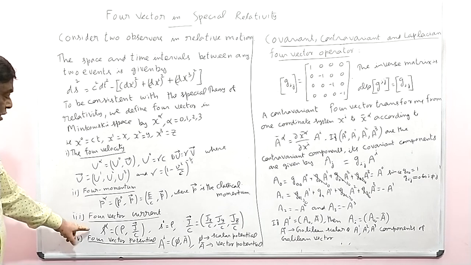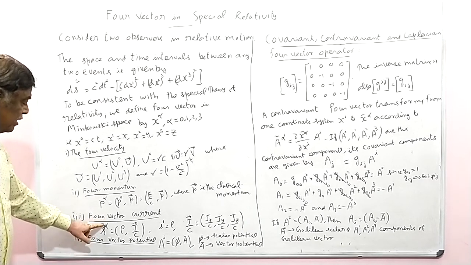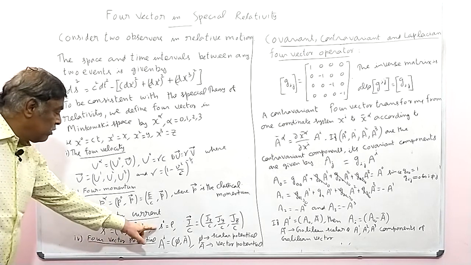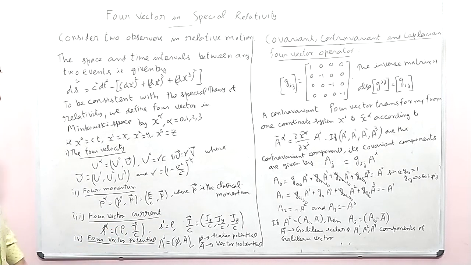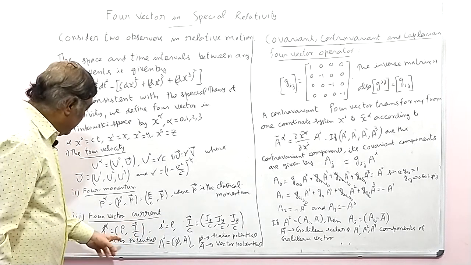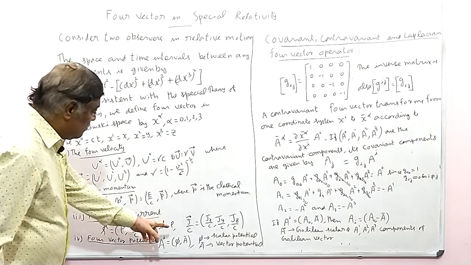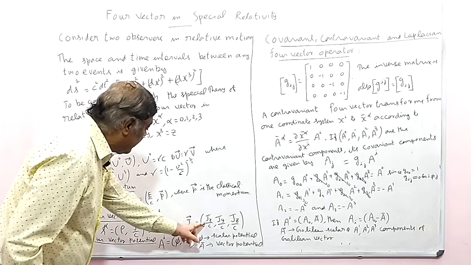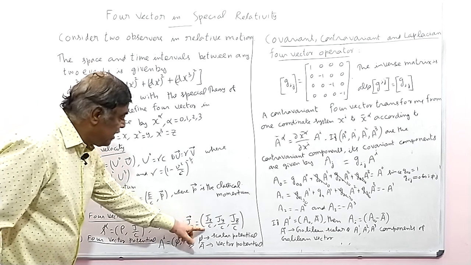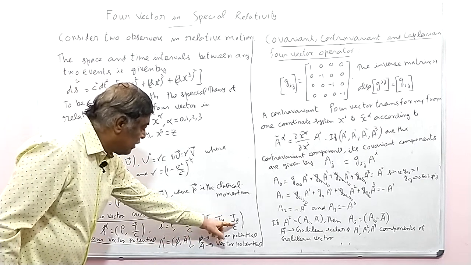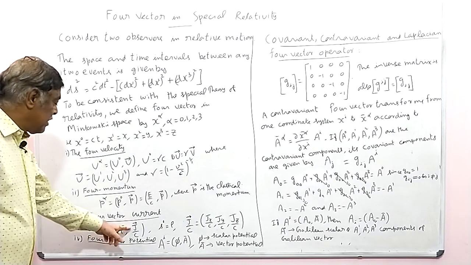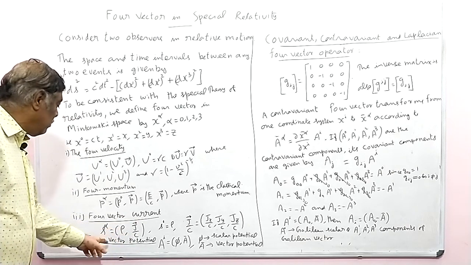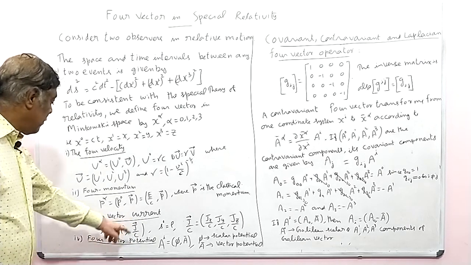The four vector current is expressed by S superscript alpha. If you put alpha is equal to 0, S0 is equal to rho. Rho is called the charge density. Then S1, S2, S3 are Jx by c, Jy by c, Jz by c, the components of the current density. J is the current density, and the three components are given by the vector J by c. So there are three values here, plus one, making four values. So this is a four vector current.